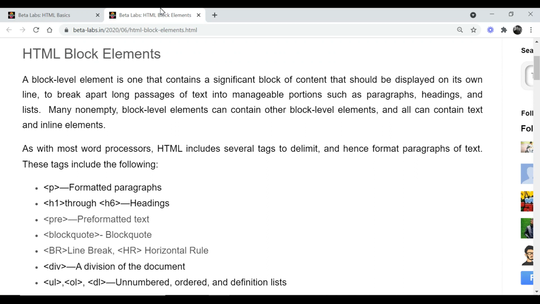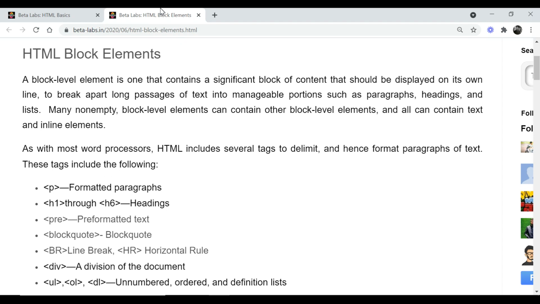The block level elements are those elements which cover up the entire block of content. It means it will take not a single text, not multiple text, it contains the block of text. Like we have a paragraph, and a paragraph contains so much text. Headings, lists, tables, anchors, all are basically block level elements, except the anchor is an inline element.